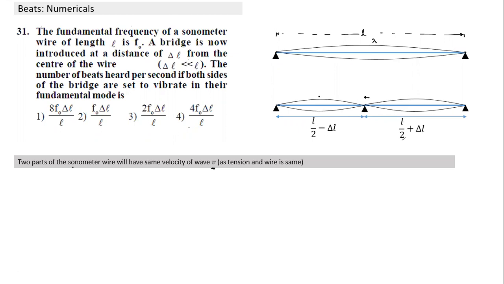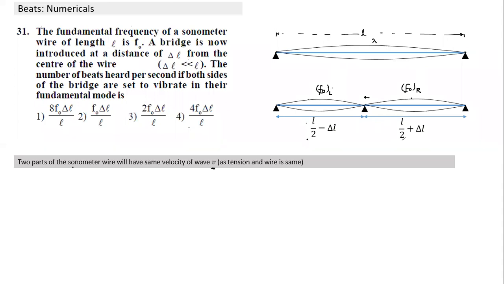So it divides the wire into two segments. This is the length of the left piece, and this is the length of the right piece, velocity being equal, both vibrating in fundamental mode. So can we not easily find the fundamental frequency of the left part and the fundamental frequency of the right part? And they are said to vibrate. What is the number of beats? So we have to calculate these two values. The difference of the two is the beat frequency. That's what you need to find, this term and then the difference. And whenever something like this is given, we need to make the binomial expansion approximation. So try and solve this question now.